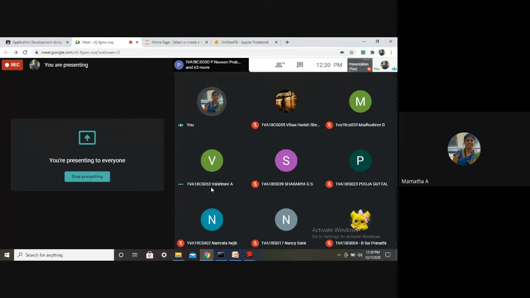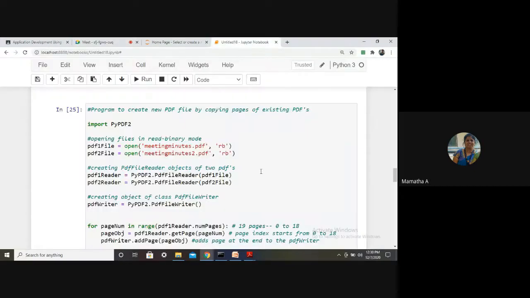Whether you want to copy, rotate, whatever it is. Then finally create the PDF file by using which method? Which method should you use at the end for creating your output PDF file? At the end, I use one method.